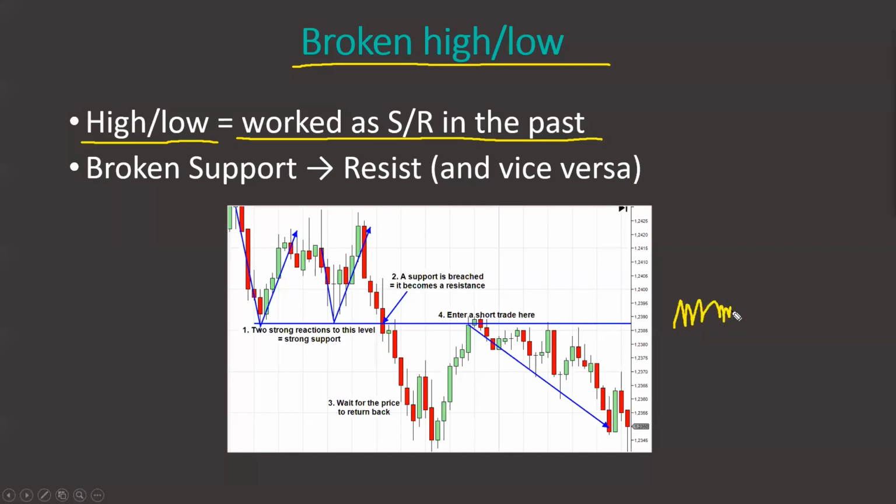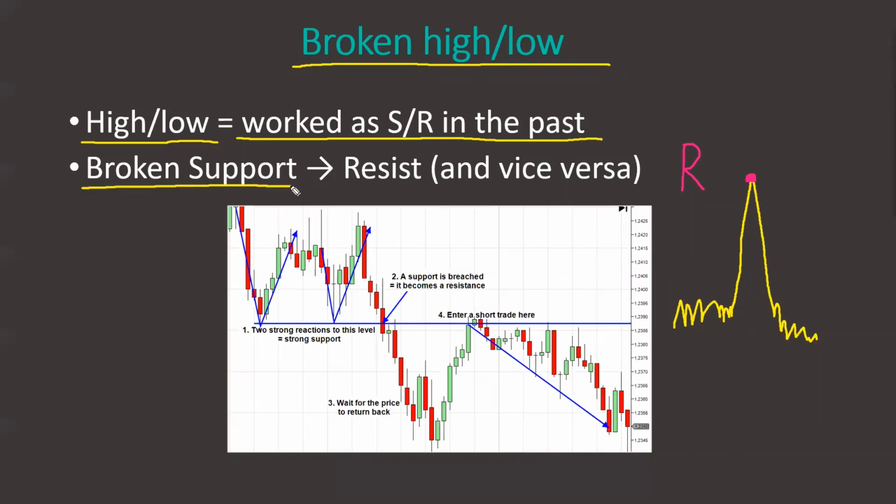Imagine there's a little rotation like this, and then boom and boom, and rotation again. This point, this is where the price turned aggressively. This is a swing point. This is a significant high. So when you look at the chart and see this, you can tell that this was a strong resistance, right? This place, because the price bounced off that area very strongly. So it clearly was a strong resistance. Now, how to trade this?